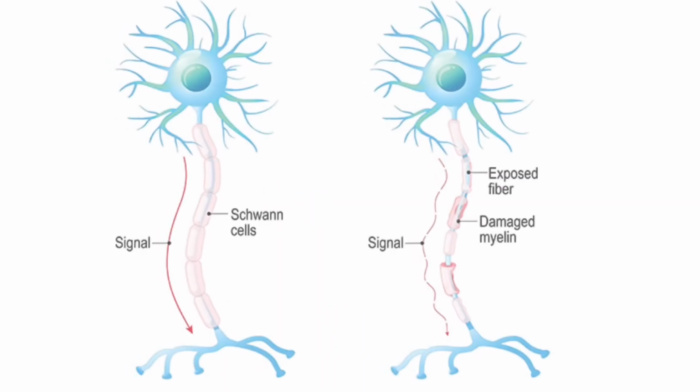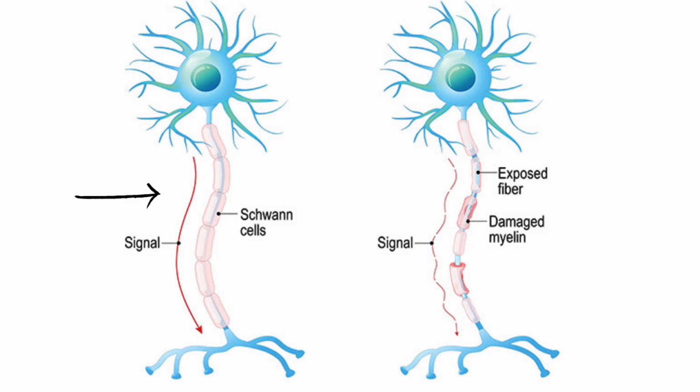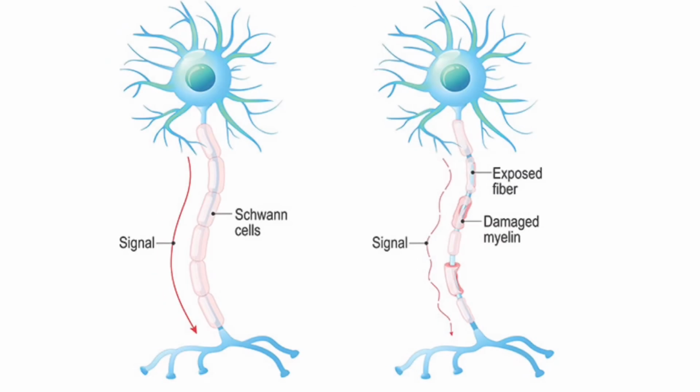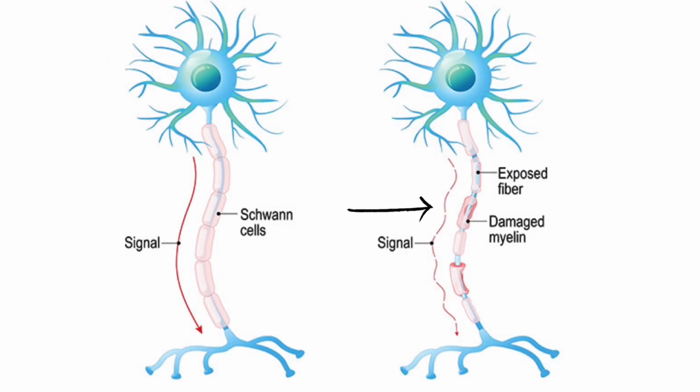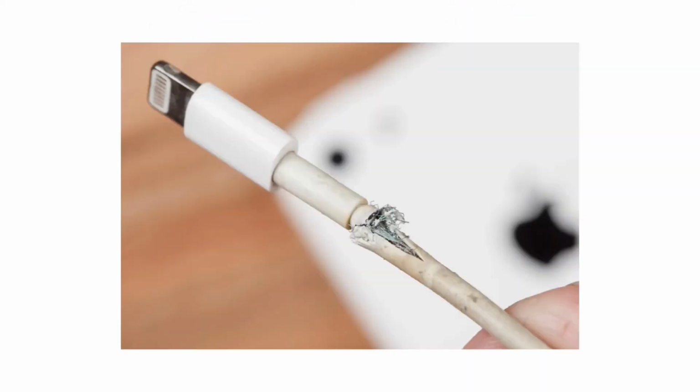So here's an example of a healthy nerve cell, and we can see that the messages are flowing smoothly and uninterrupted. But with the damaged nerve cell, communication between the brain and the rest of the body is now interrupted. So think about that electrical cord example I gave earlier. I'm sure we all know that when our chargers become damaged, it's very glitchy. So sometimes it works, sometimes it doesn't, sometimes you have to move it a certain way, and eventually it stops working altogether. That's kind of what is going on within our body.